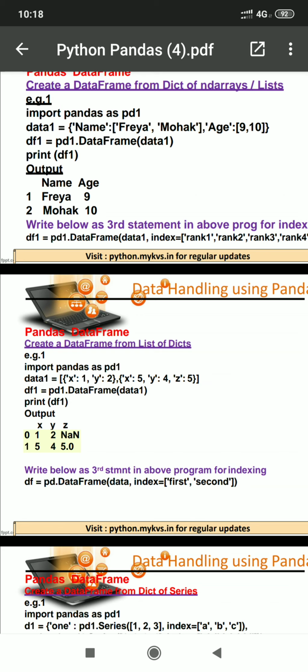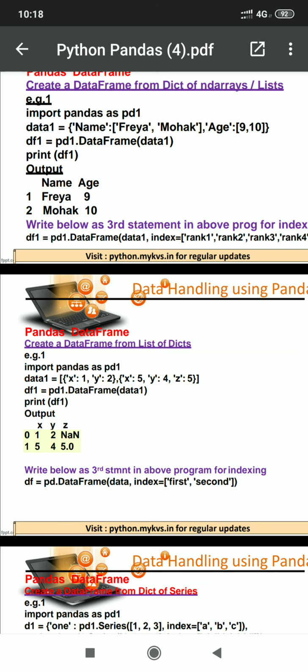As we displayed DF1, data frame 1, it displays not a number in the first row under the Z column, whereas it displays all three values in the XYZ columns.